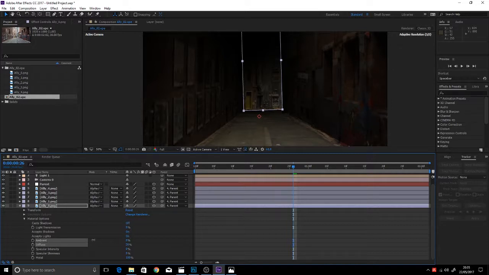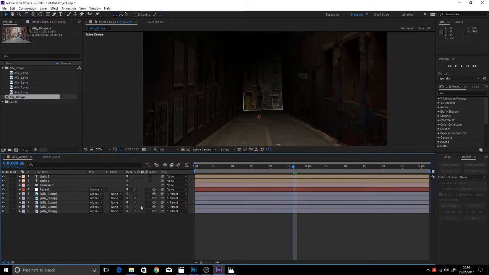Okay, you want to reduce the ambience, you can reduce it, you can crank it up a little bit here and there, you can reduce the metal look. You just play with the values and see. Okay, materials will give you a good 3D effect kind of feel. So once you have this example